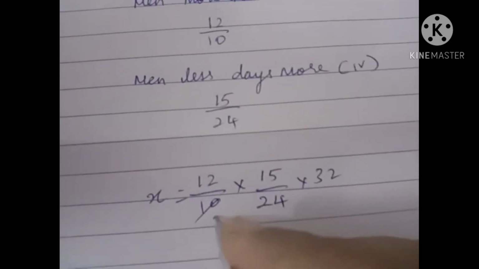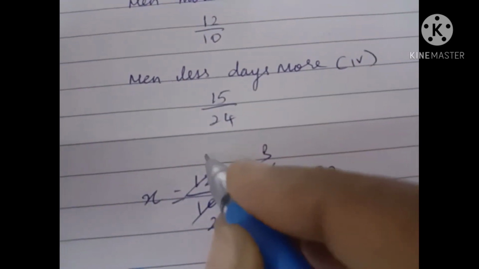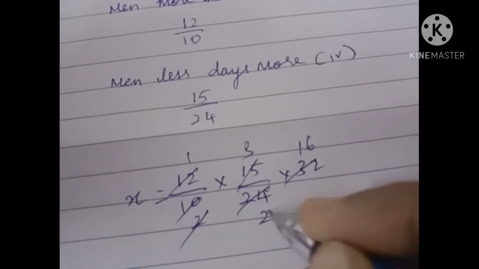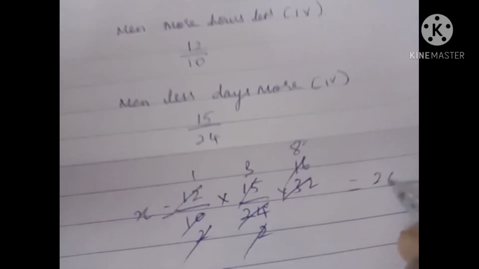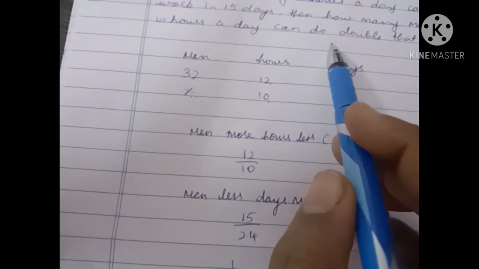In 5 table, 5 2s are 10, 5 3s are 15; 12 table, 12 1s are 12, 12 2s are 24. Then again with 2 table, 16 times 2; 2 table, 8 times. So 3 8s are 24. 24 men. So to complete the same work we need 24 men, but here they ask you